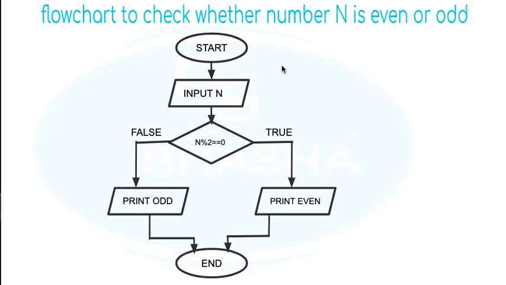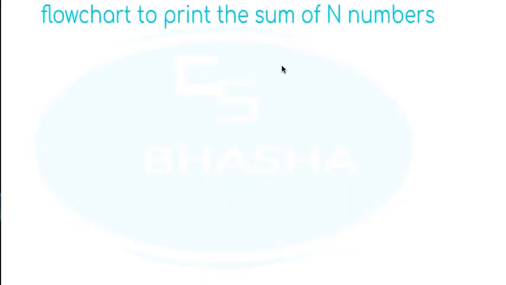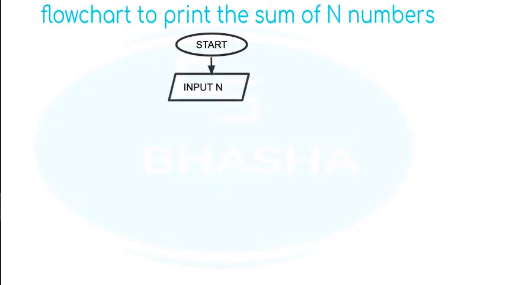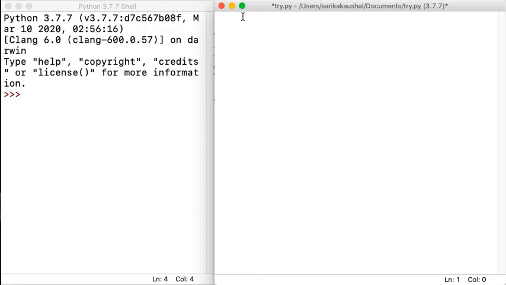Now comes a second situation, where again a little more intelligent program making is done. So let's take a second case where we have a flowchart to be made to print the sum of n numbers. Now we need to start the program. Once we've started, of course, we need the number n so that we can start deciding about the number. But before that, I need to tell you how you are basically going to find the sum of n numbers.